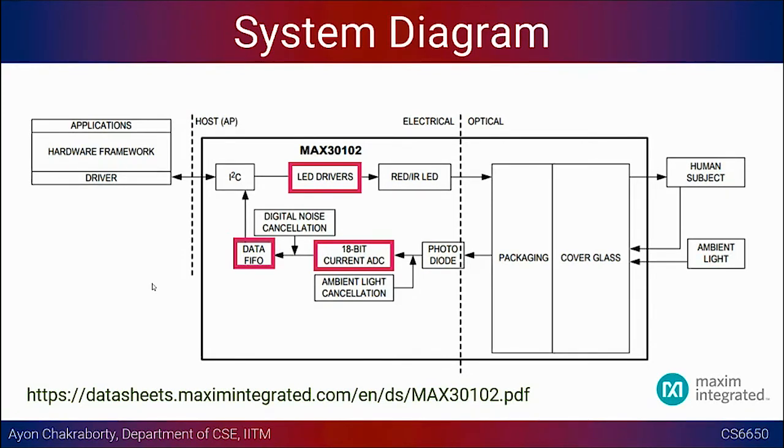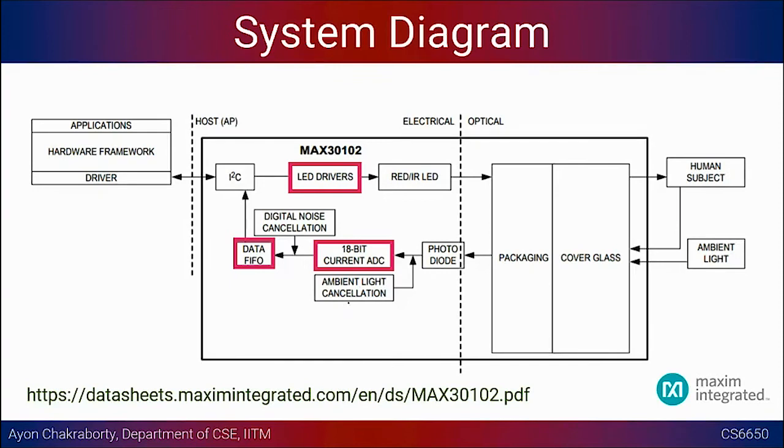Whereas here we were trying to look at events, whether somebody is in the proximity of the sensor or not. So some kind of a binary event we are trying to deal with. Here we are actually interested in the intensity value, right? We are not looking for an event anymore. We are looking for the exact intensity value, and that's the reason we have so many bits in the ADC. So that is something that should register in your mind, right?